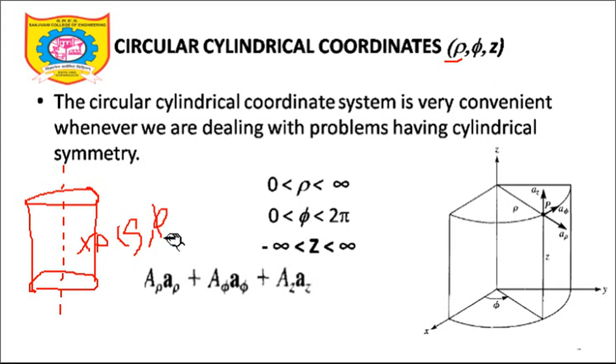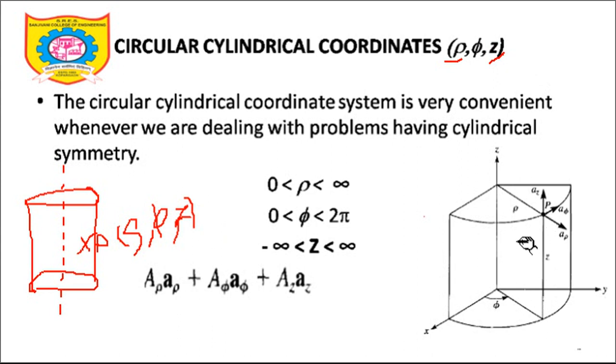What is phi? Phi is the azimuthal angle, because we are traveling on the curved surface of the cylinder, and this point P is located at a certain angle phi, measured from the positive direction of the x-axis. Once this is clear, a cylinder has a certain height. So this point P will be at a certain height of the cylinder, parallel to the z-axis. This will be the z coordinate. The z coordinate in the Cartesian coordinate system and the cylindrical coordinate system is one and the same. I will repeat this point: the z coordinate is the same in both systems.